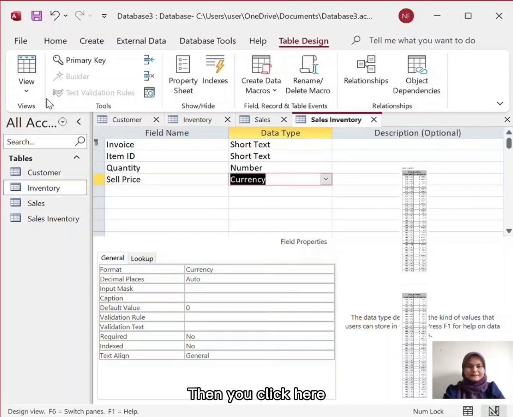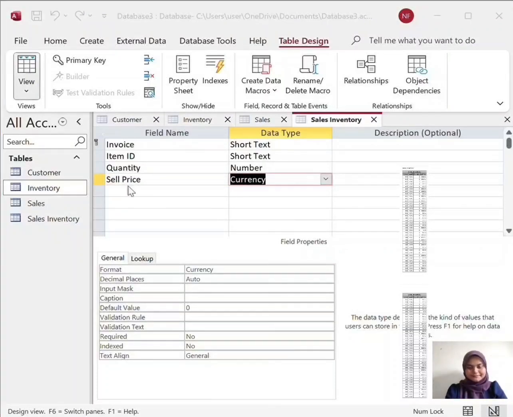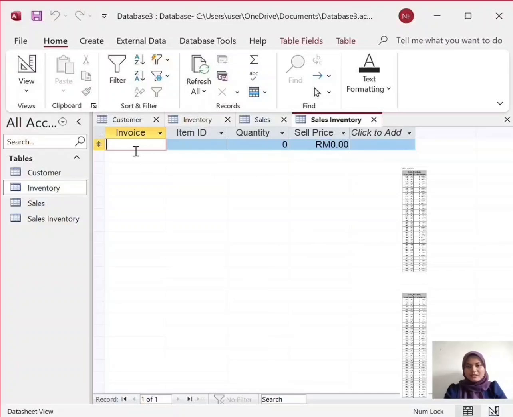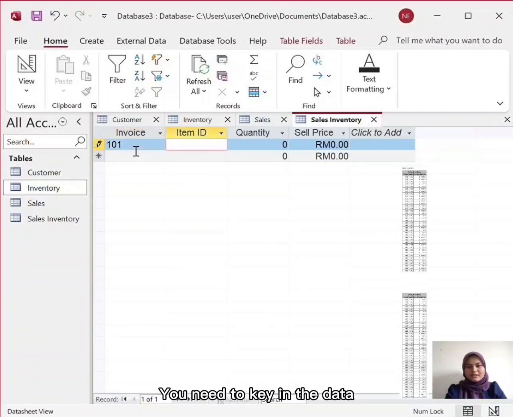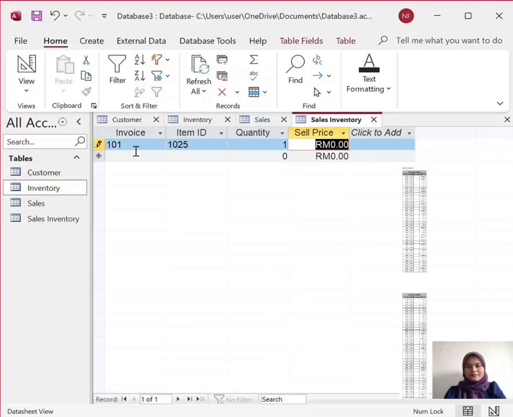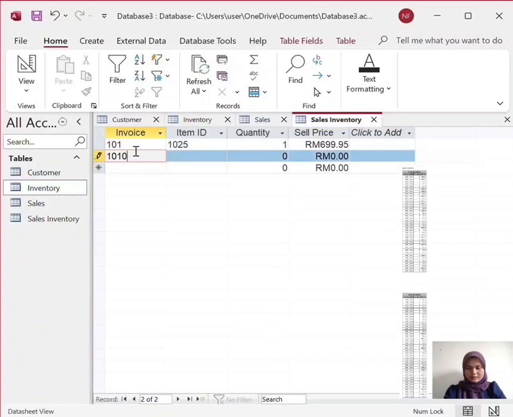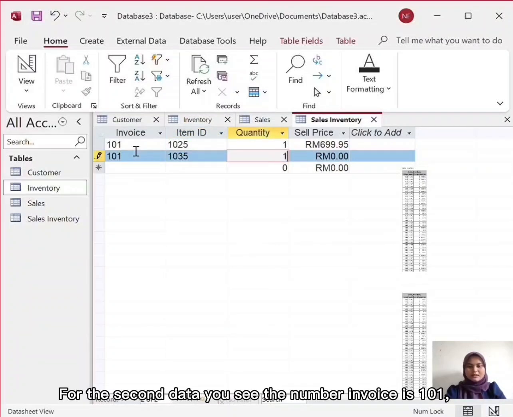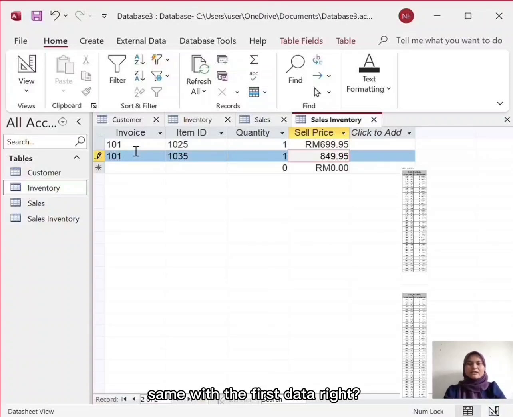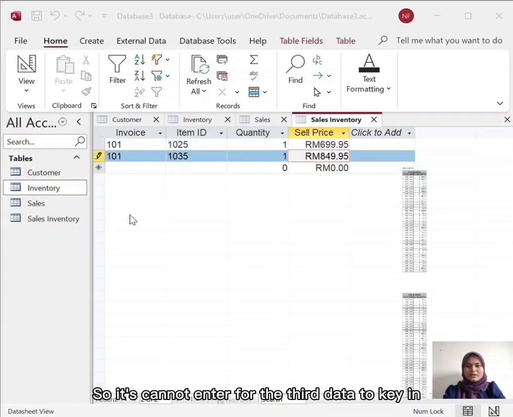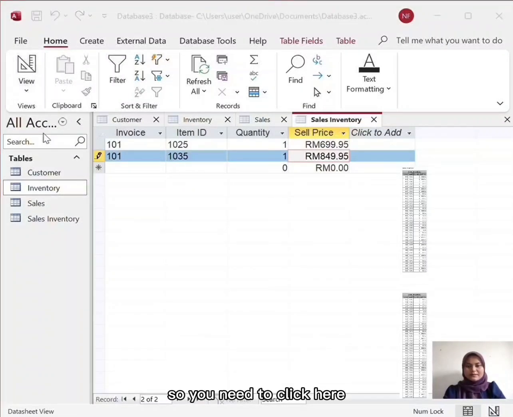Okay, then you click here. So you need to key in the data like this. For the second data, you see the invoice number is 101, same as the first data, right? So it cannot enter for the third data, so you need to click here.